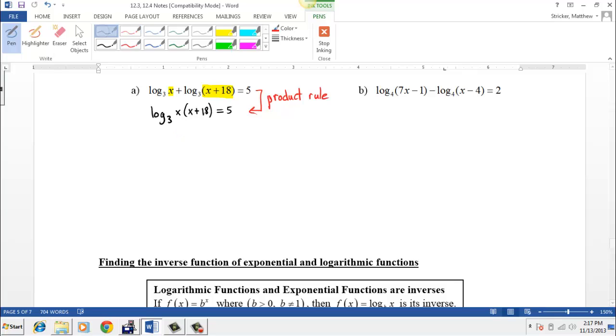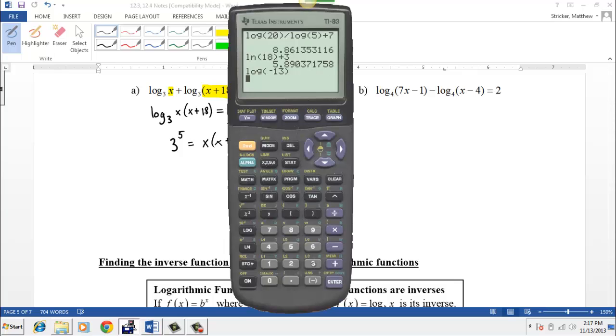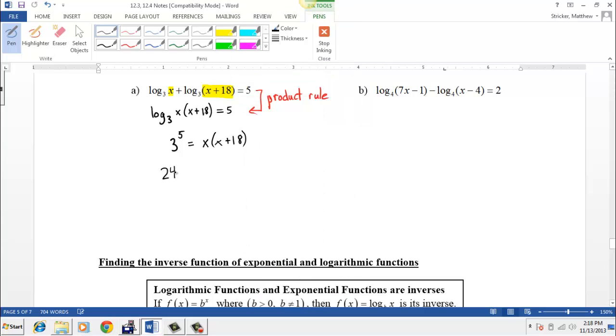We change it to, well, our base is 3, our power is 5, it should be equal to x times x plus 18. What's 3 to the 5th power? 3 to the 5th power is 243. So 243 is equal to x squared plus 18x,